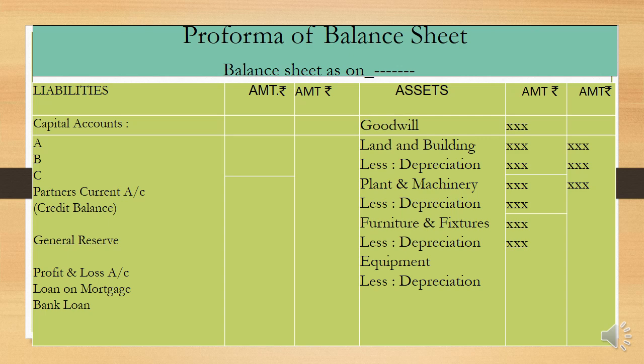First of all, what is a reserve? When the business earns the profit, that profit belongs to the partners. And in case they are not withdrawing the entire amount of the profit they have earned, but are keeping every year a certain amount of the profit in the business as a reserve, that is known as the general reserve because it doesn't have a specific purpose. It can be utilized for any purpose for the betterment of the business. That is why the word general reserve is given.